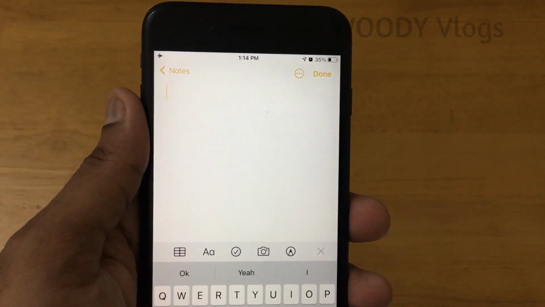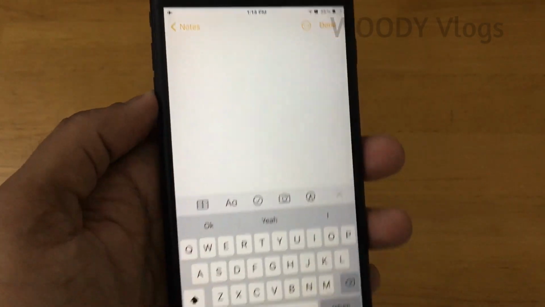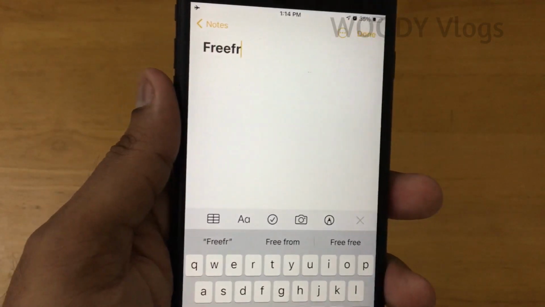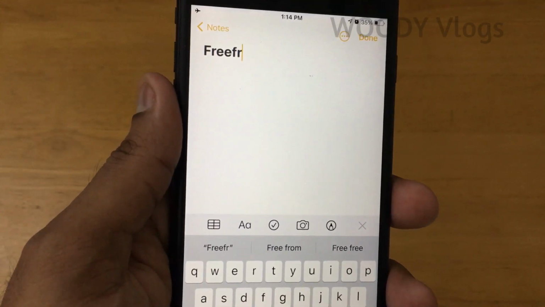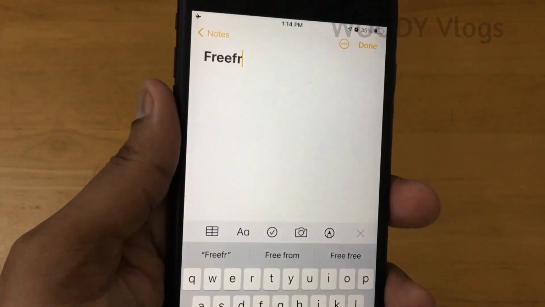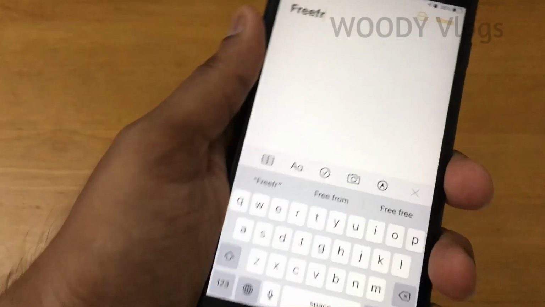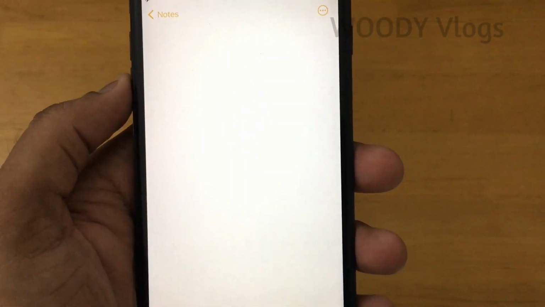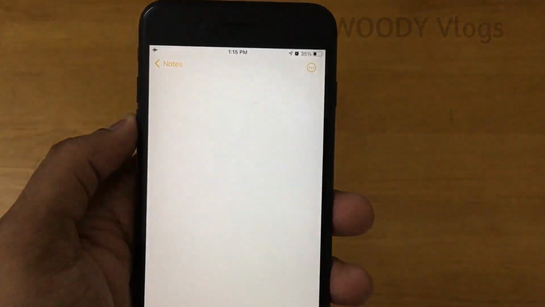Now we'll see about the shake to undo feature. In my opinion, this is a really underrated one. For example, you're going to type something and you feel like you have done something wrong, and in Windows you can do a Ctrl Z to do an undo. Here in iOS you can just shake your phone and you get an undo typing. So it's really good.